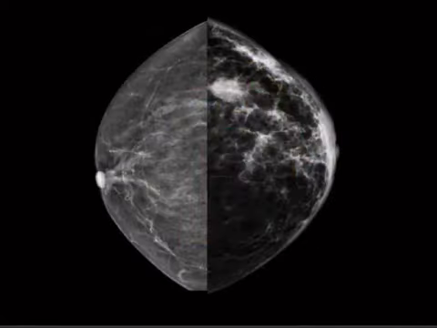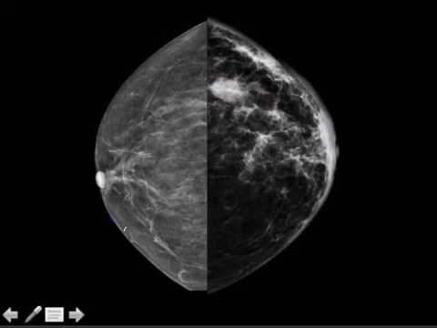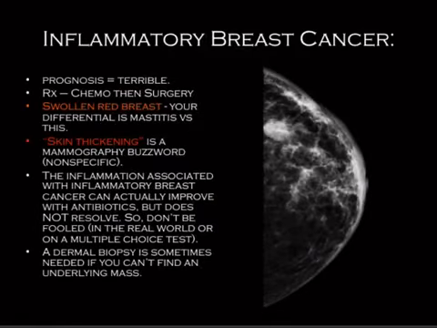There's a next case here. Slightly different technique used; the point is to show this skin thickening. So notice that the skin is usually super thin, like this right here. That's normal. That's what the skin's supposed to look like. Look how thick this skin is here. And I'll tell you that that's a really bad sign, because that's one of these like secondary signs. And skin thickening basically occurs